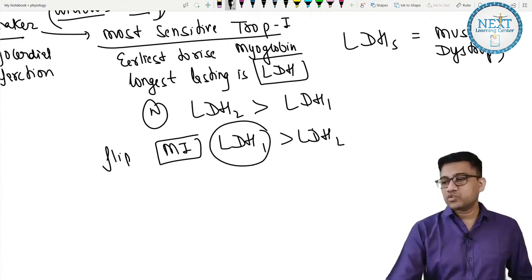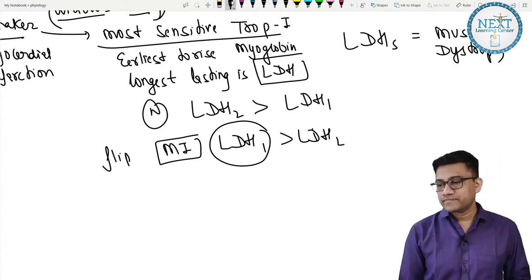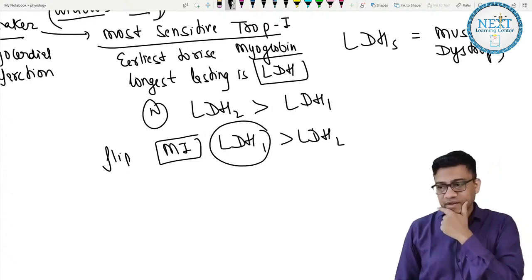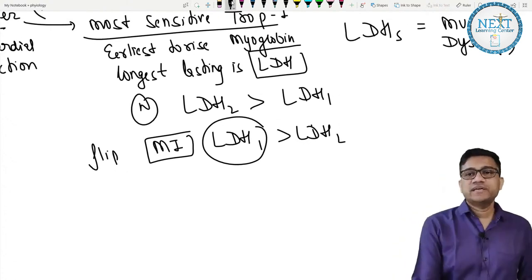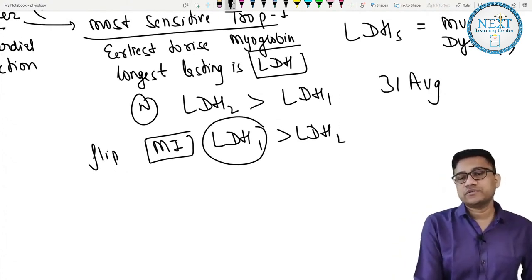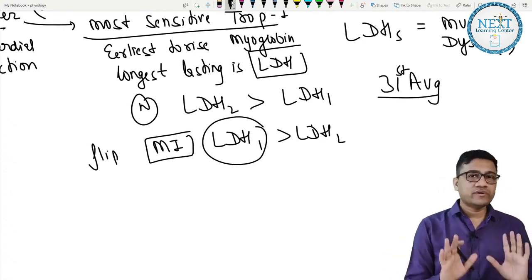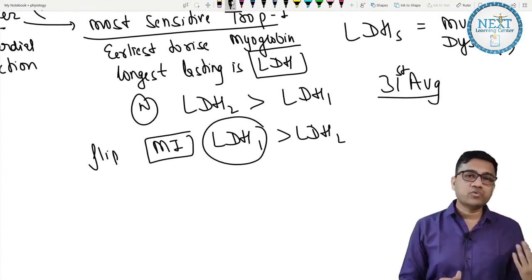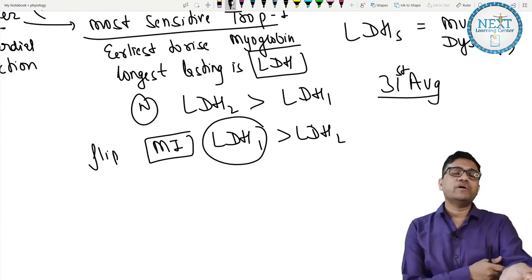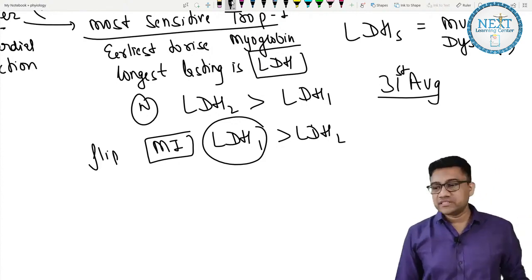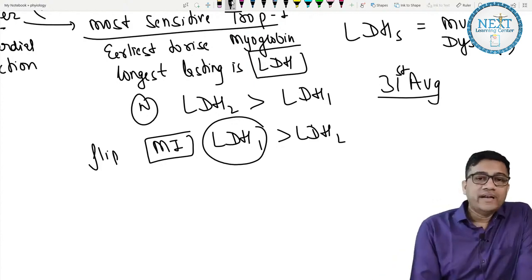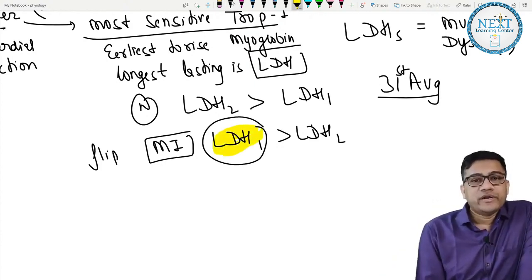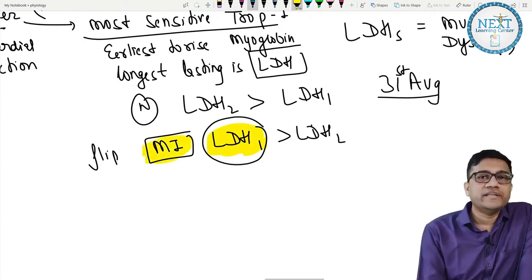So was this question also there in the exam? LDH question, clear? Yes, again it is a 31st August exam question. So I think you people now trust me that I am doing all the possible questions, and we have already discussed them in detail in class during the revision classes. So LDH1 will increase in MI. 2 also increases, but it is 1 which becomes the main marker of this. So LDH1 I can write.